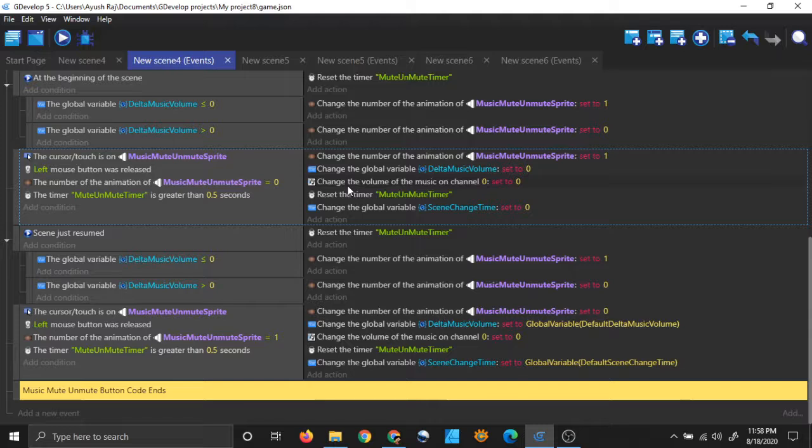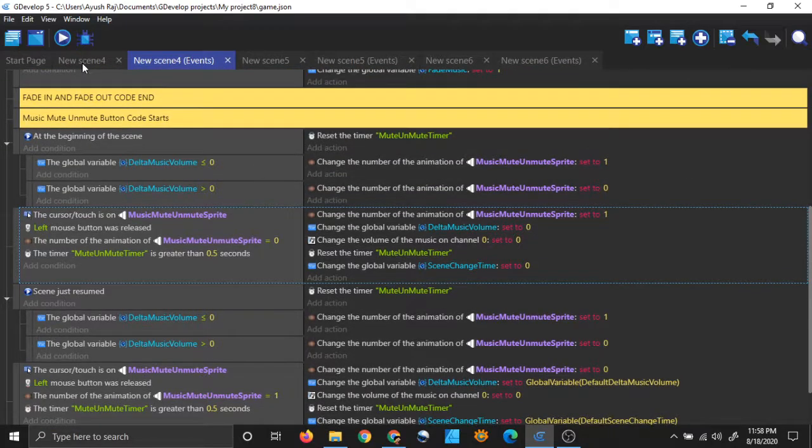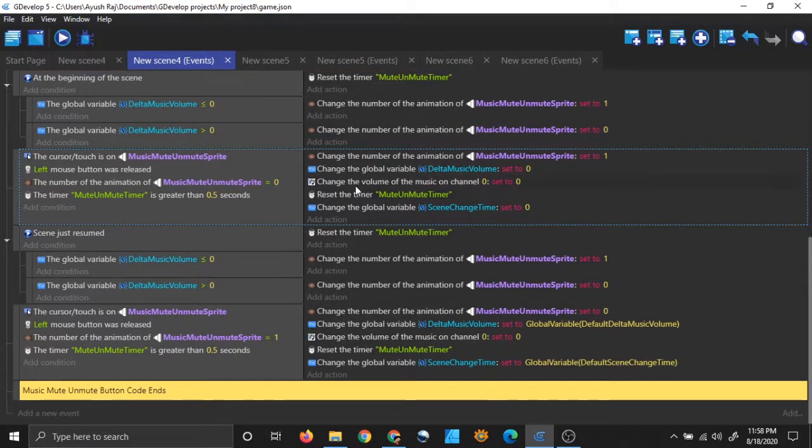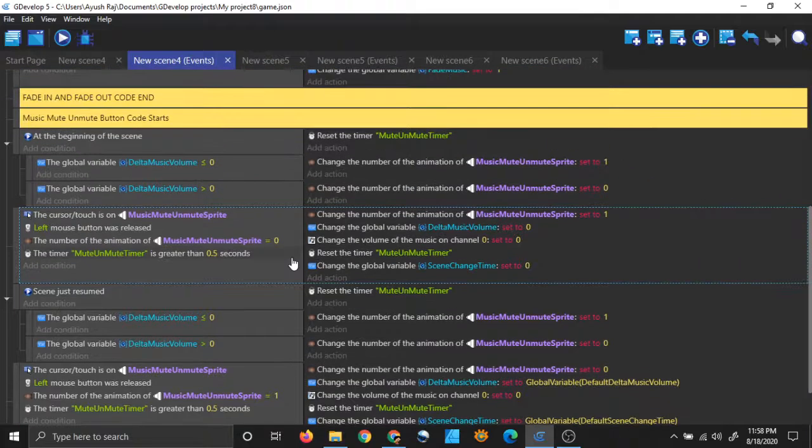It will not mute sounds like jumping, attacking, firing, walking. These sounds will still play, but the music will not play. That's why it's kind of difficult to implement, because it keeps the music muted while keeping the sound running.